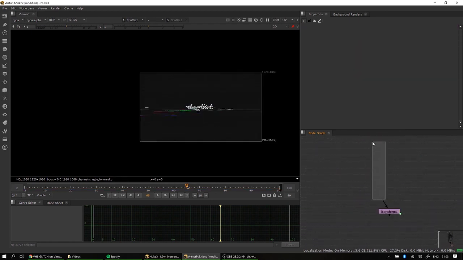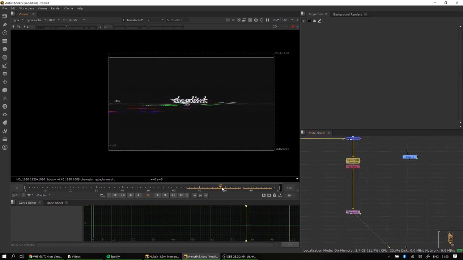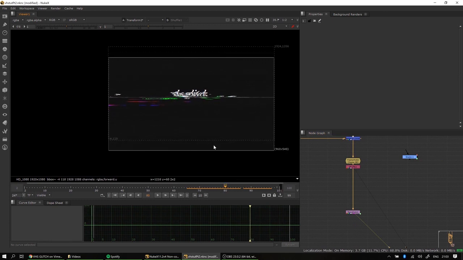So we have our transform, which is buffering up and down correctly. When we get to the peak, I'm going to want to reveal